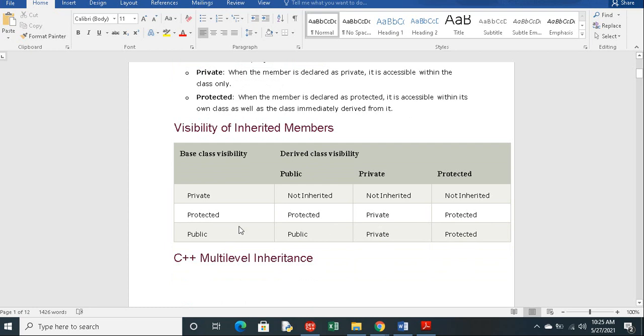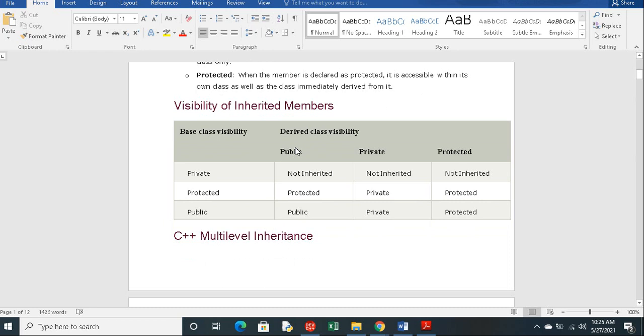Private members are not inherited in any mode. If you inherit in the public way, public stays public and protected stays protected. So this is the visibility of inherited members under the visibility modes private, protected and public.